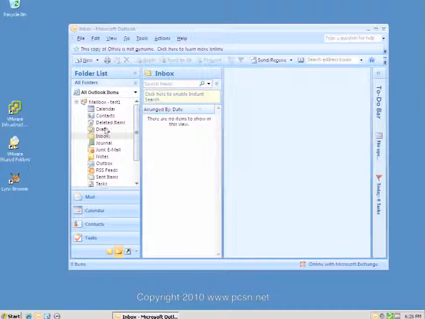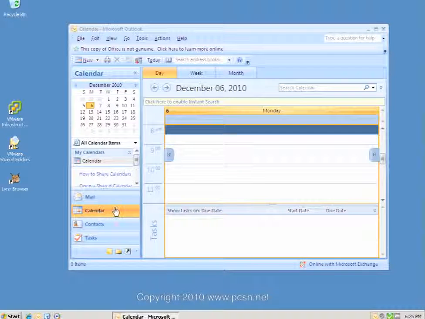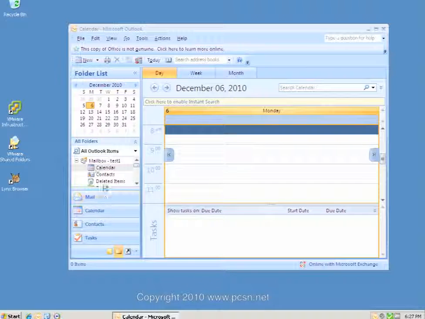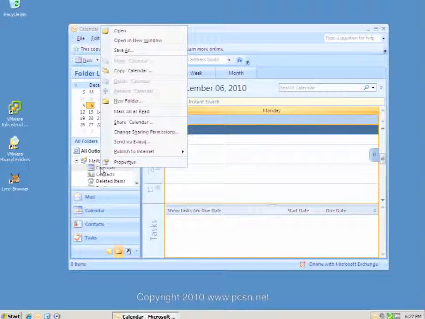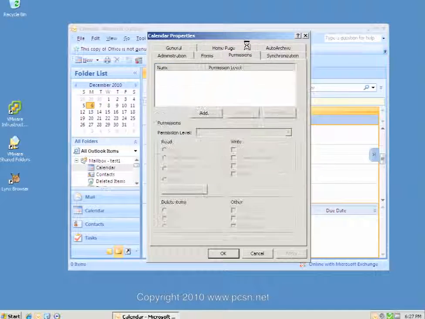You can get to your folder that you want to share several different ways. If it's your inbox, you can simply click Mail. If it's your calendar, you can simply click Calendar. Or another method is you can click on your folder list, and then once in the folder list, simply right-click the folder you want to share. In my case, I will start with the calendar, go into Properties, Permissions,